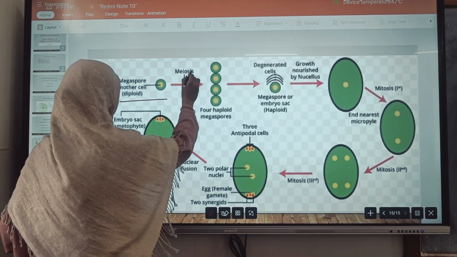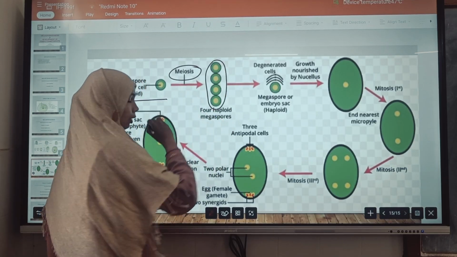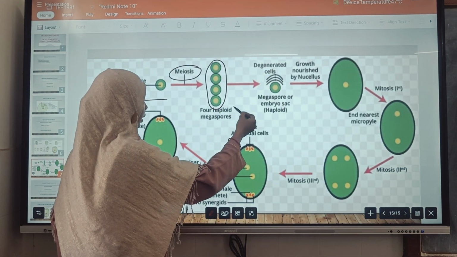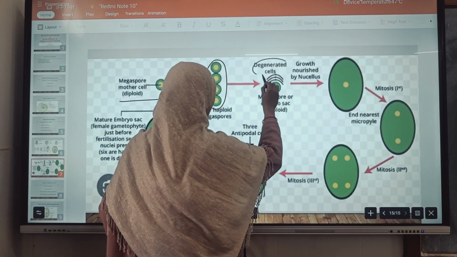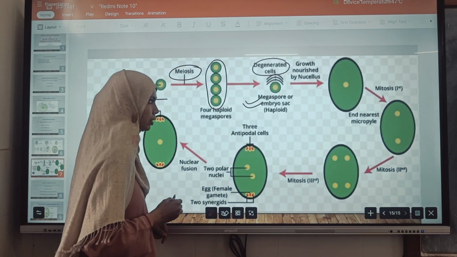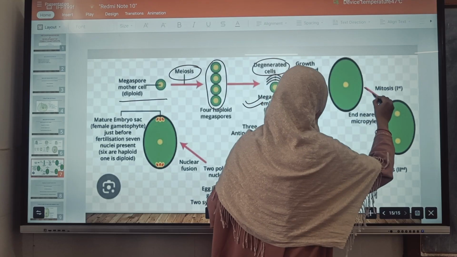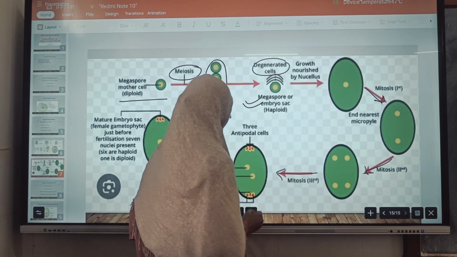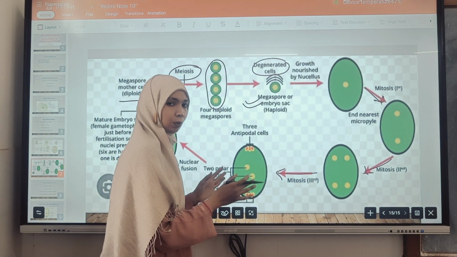That megaspore mother cell, with the help of meiosis, undergoes reduction division, and finally forms 4 linear haploid megaspores. Out of these 4, 3 megaspores degenerate and only 1 megaspore is functional, and that functional megaspore undergoes 3 sequential free nuclear mitotic divisions, and finally forms an 8-nucleated cell,